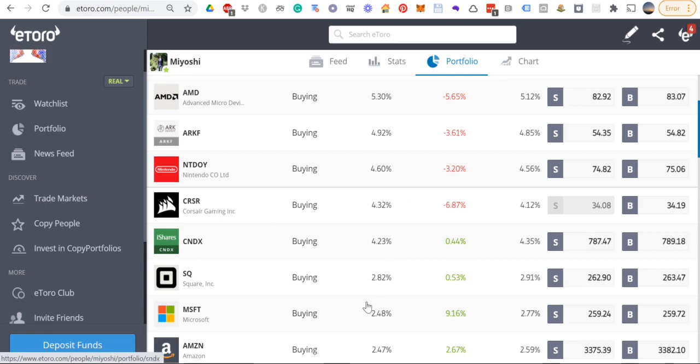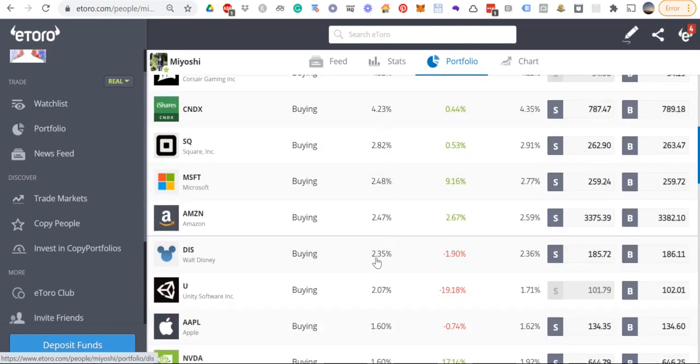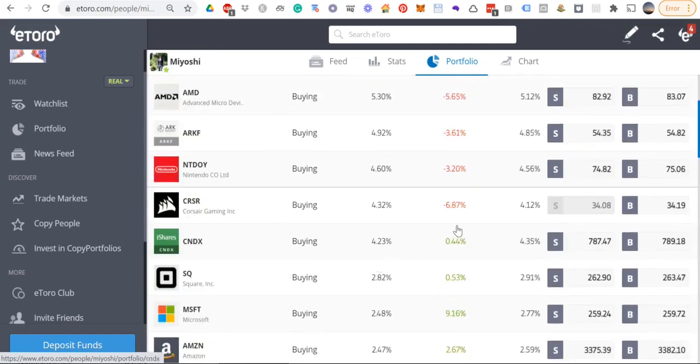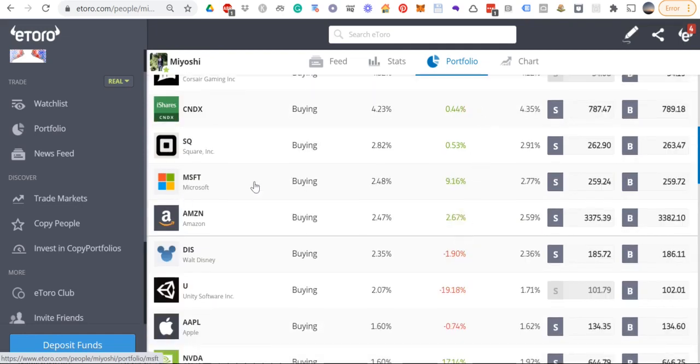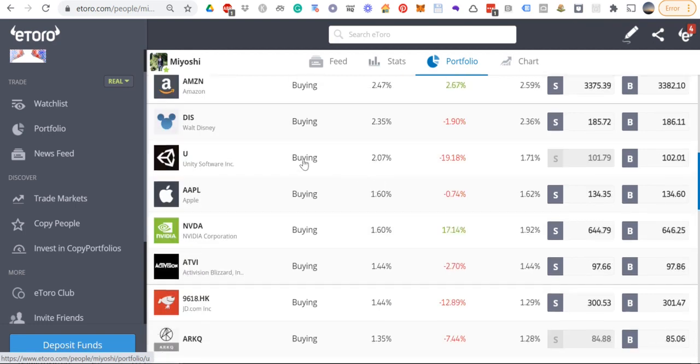And then these mid conviction trades within the whole portfolio have been quite low. We did quite a lot of Microsoft as well, so 2.5%. So yeah, Unity Software down 20%. He's got some standard FANG stocks as well, standard tech stocks. So it's quite exposed to tech: Activision Blizzard, Nvidia, Apple,